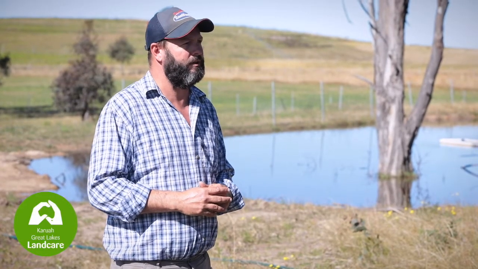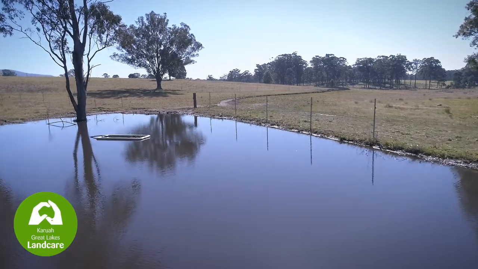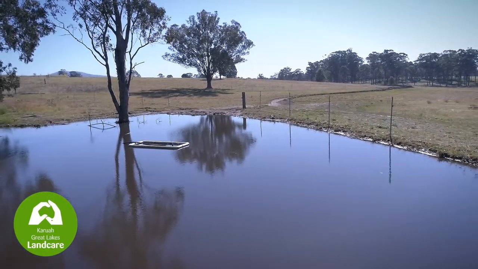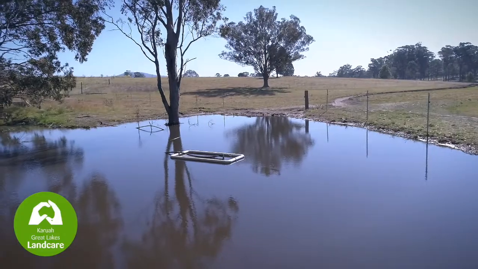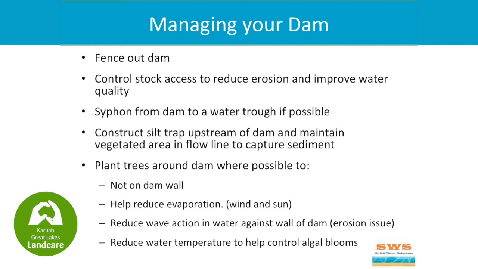Within the dam sections, you can have simple gravity feed to troughs below. This system relies on a solar bore pump that's hung in the lower, more filtered water, transferring water across the property. Implementing what Andrew just spoke about is a key thing if you want to improve the water quality within that dam. Stock exclusion, having them out of the dam, pugging up all the time, keeping that clay sediment suspended by moving constantly through there and urinating in the water, has an impact on water quality. Establishing troughs below the dam and a siphon system or a solar system allows that water